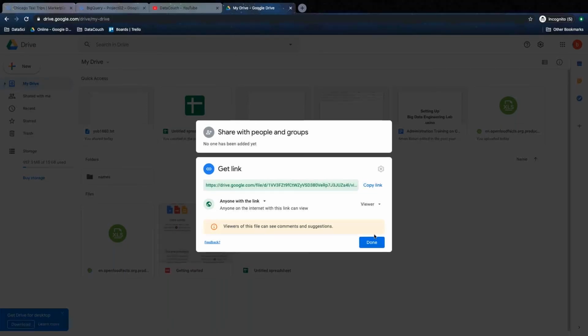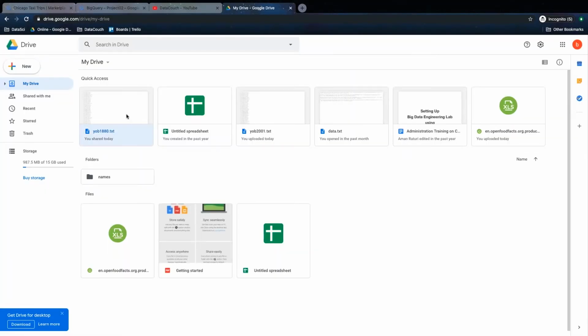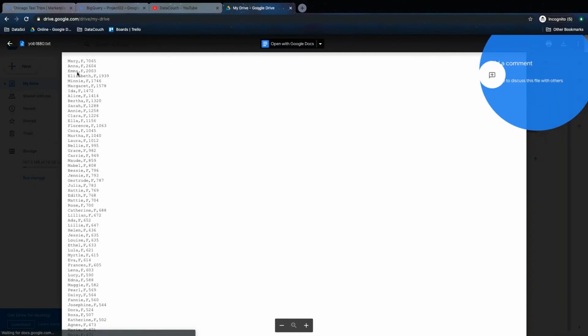I will cancel and go inside this data set and open it. So there are 3 attributes: one is name, second is gender, and third is frequency, meaning how many times this particular name appears. So how does it work with JSON or XML type of source data? For JSON, it will pick up the schema from the key value pairs. Even for XML, it will pick up the data from the tags, because XML has tags and JSON has key value pairs. The key will be the name of the field. So we just need to select JSON or XML in the drop down, and it will work fine.